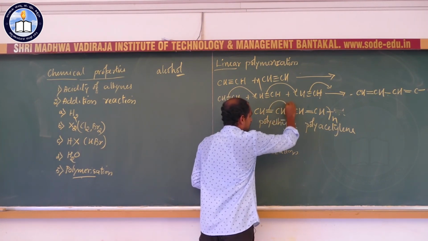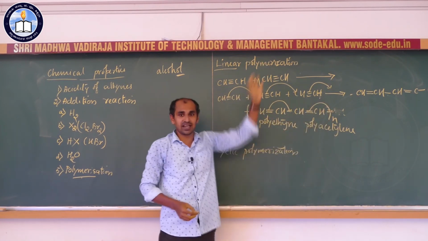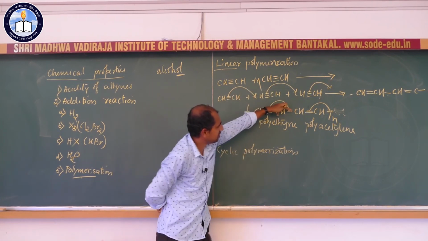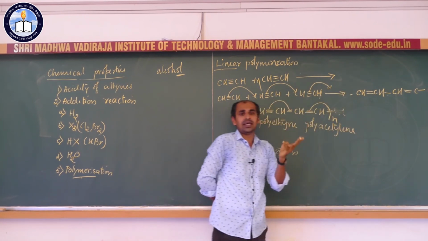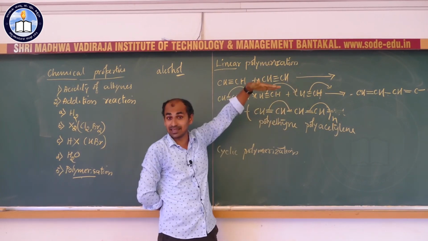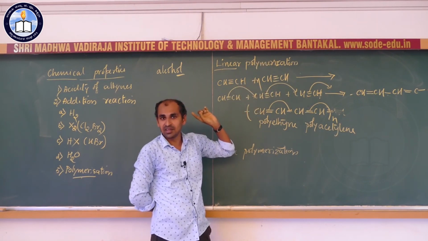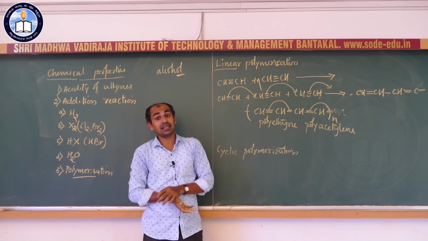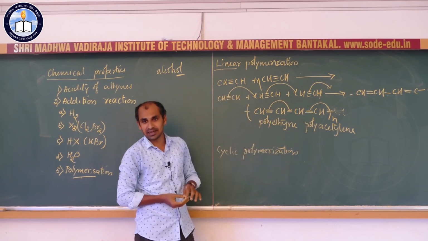Because of resonance, these double bonds can travel from one side to another along the carbon-carbon chain. So this bond can shift here, and as a result this pi bond is shifted to the next carbon. Likewise, the pi electrons can travel from one carbon to another along the carbon chain length. Because of this travel of electrons, it conducts electricity. So polyacetylene or polyethylene is used as electrodes in several industries. The reason is it conducts electricity.